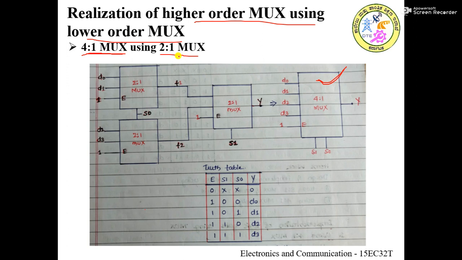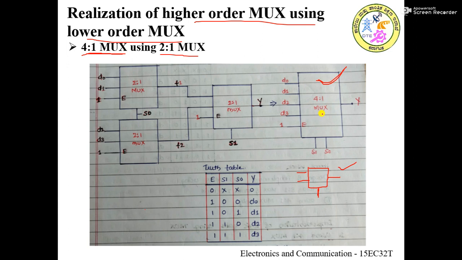In a 2:1 mux, let's say this is a 2:1 mux, we have only 2 inputs and one selection line. This select line is going to make a selection among these two inputs, and whichever input is selected, its content is routed to the output line Y. This is what a 2:1 mux is. I have this one with me, but I want to implement the functionality of the 4:1 mux.